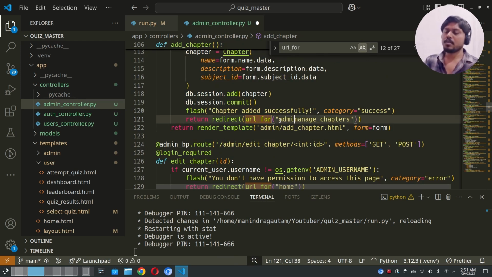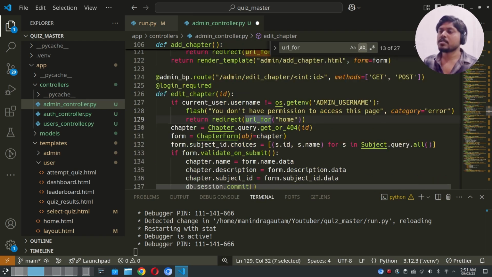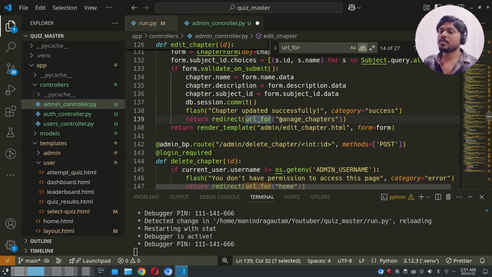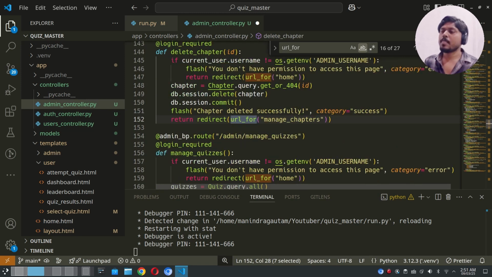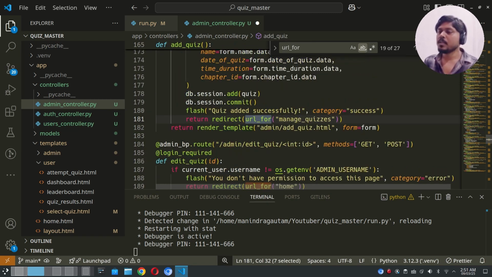That is now the admin route configured with the admin blueprint. Home next, manage chapters next. So admin dot home, manage chapters, admin dot manage widgets. That is also now the admin referenced